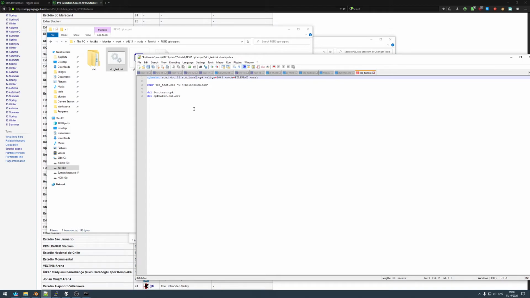4cc_32_stadiums2. And that is because I don't want to overwrite the actual stadium pack, which is 30 stadiums. So I'm going to use a stadium mid-cup, which is 32 stadiums too. And then change the CPK file name in these lines as well. And optionally,